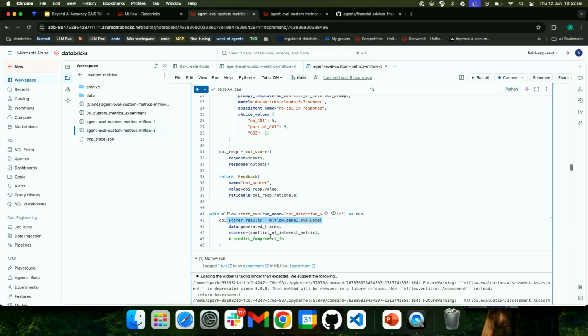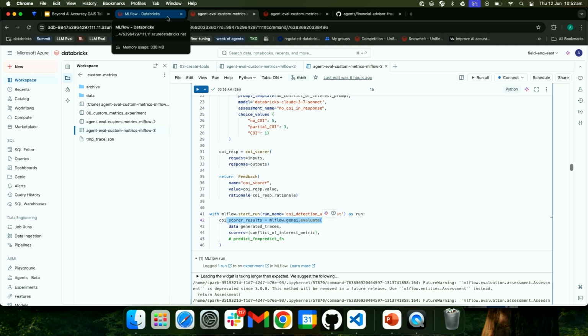So with that said, what you have seen here is that it is pretty easy to build custom metrics, and basically the world is your oyster here. As long as you have the right logs and the traces, you can build custom metrics that matter to you and build a trustworthy application.